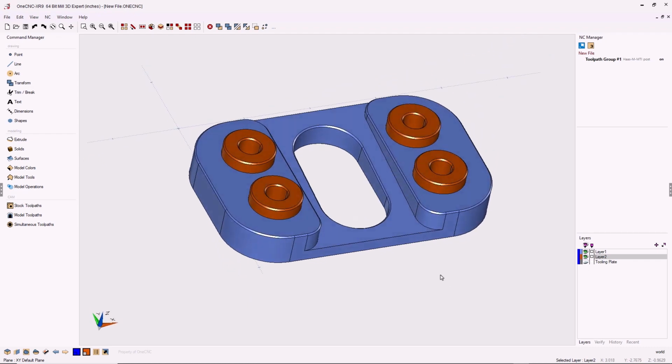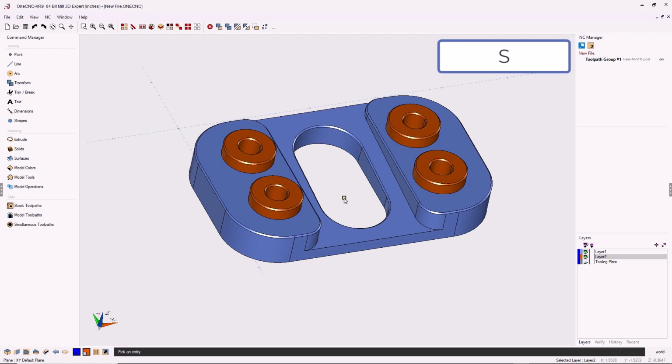All right, now what if I want to create a brand new layer and place those four bushings on that layer? You can do that, and you can accomplish this very quickly by using the modify command. But the first step is you do need to select the geometry. So I'm going to hit the letter S. That's the shortcut for the select command within OneCNC. And now I can take my cursor and left click the bushings. So even though these bushings are on different layers, I can hit the letter S, left click all four of